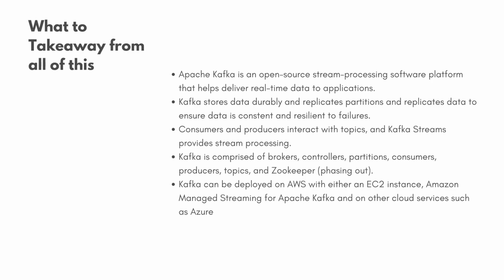Kafka is comprised of brokers, controllers, partitions, consumers, producers, topics, and Zookeeper, which, like I said, is phasing out to using KIP 500, because you don't want Zookeeper to be that single point of failure, because it is very important. It is doing a lot. So Kafka is making sure that they have their own internal thing that does exactly what Zookeeper does. So they are phasing out Zookeeper, but a Kafka cluster is comprised of so many different things to make the whole thing flow. The broker, controller, partition, consumer, producers, topics, all of this is working together to make a reliable product.